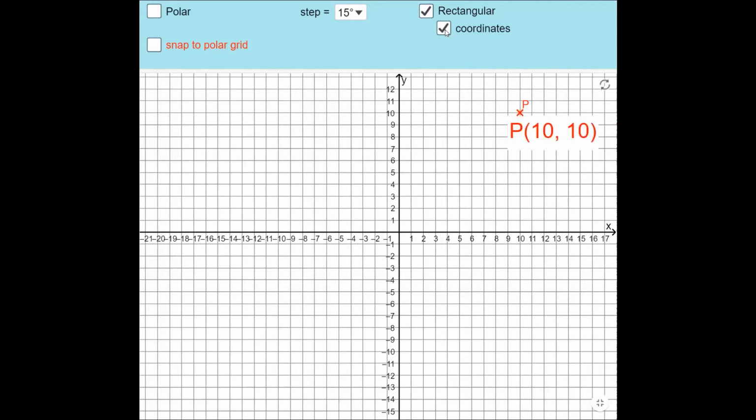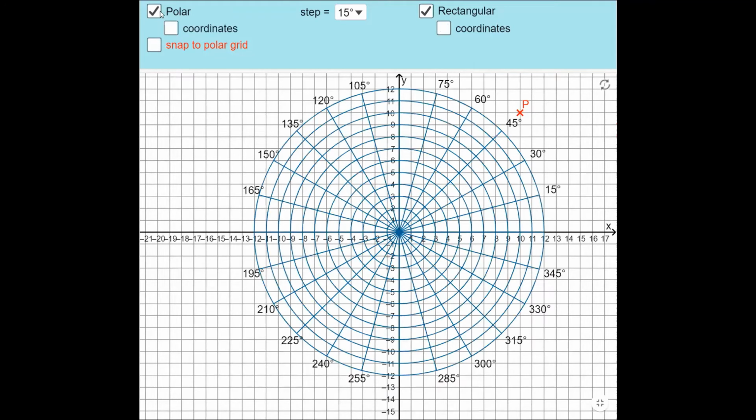I choose it, it is correctly 10, 10. Okay, and that point in polar coordinate, that is the value of r is 14.14 and the angle is 45 degrees. Okay,